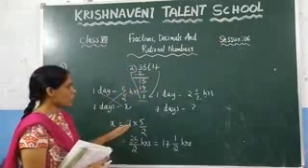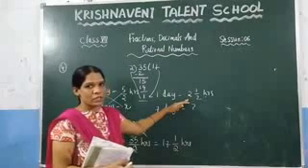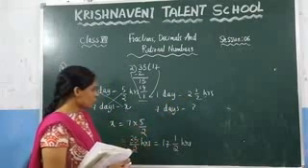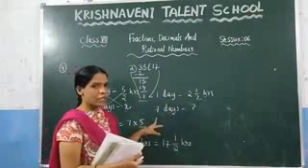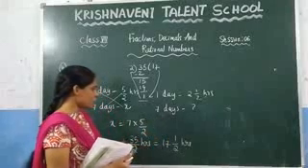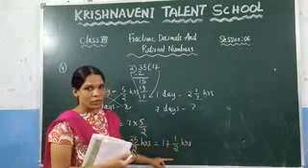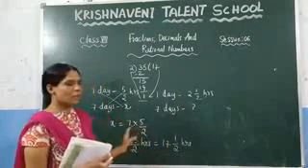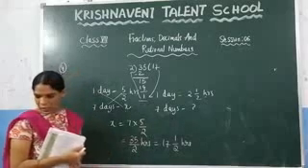So here, in one day she is taking 2.5 hours for her embroidery. She wants to complete her embroidery in 7 days. So how many hours does she need to take here? 17 1/2 hours she needs to take to complete her embroidery. This is the question. Now write the answer.